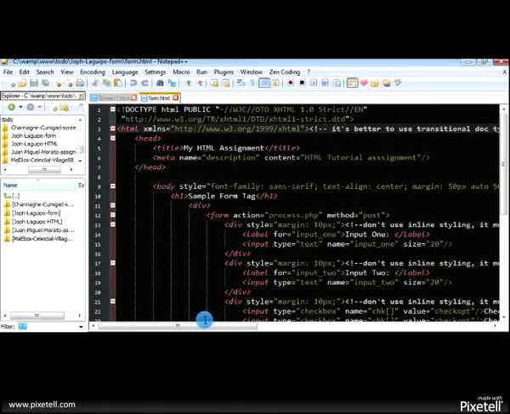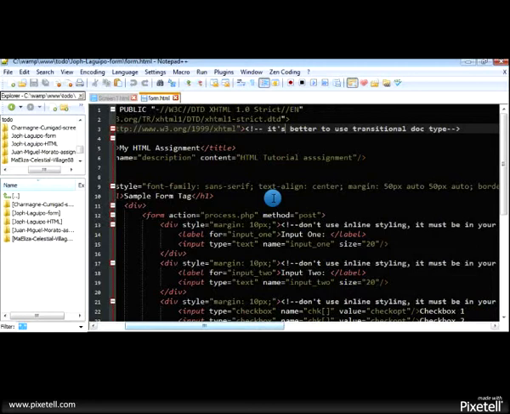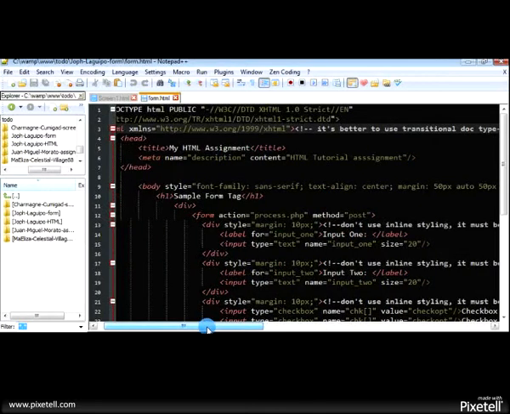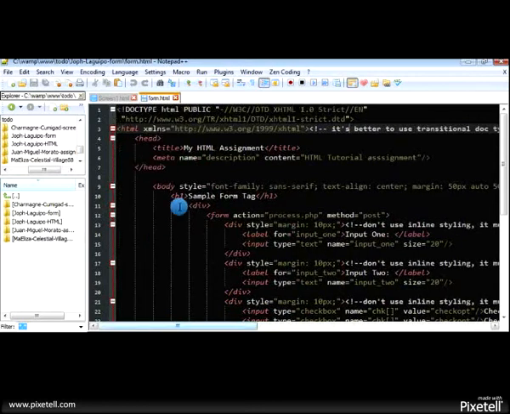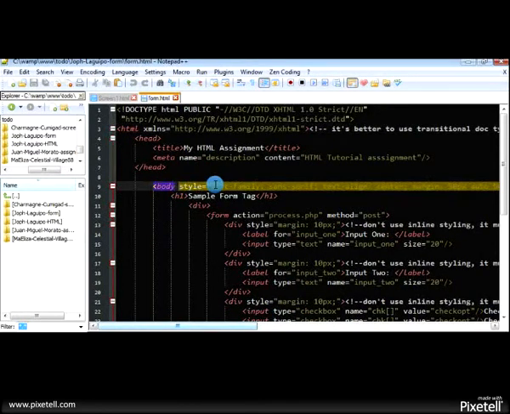Also here, like what Kuya Jan said to me, it is better to use the transitional doctype because it can support HTML5 features. In here you use inline styling.